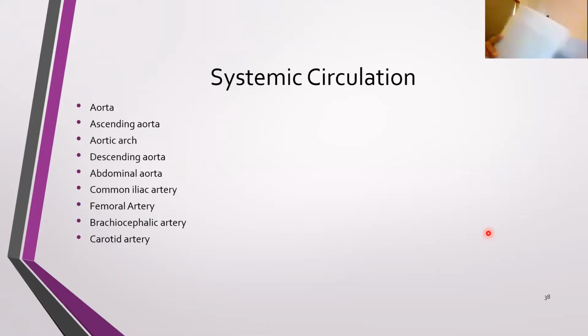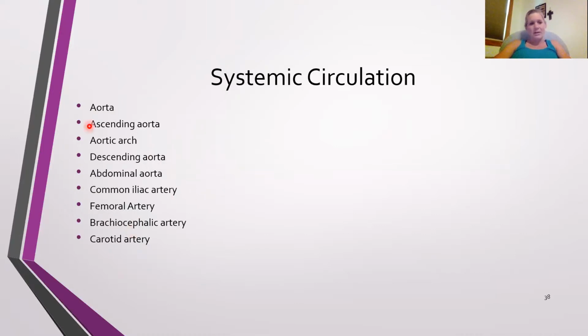When we think about systemic circulation, again, this just kind of shows you some examples of some of those larger arteries and the names of those. Again, I'm probably not going to test you on specifically where each is located, with the exception of the aorta. You need to know where that is. But otherwise, again, just want to kind of give us an idea of what's going on,